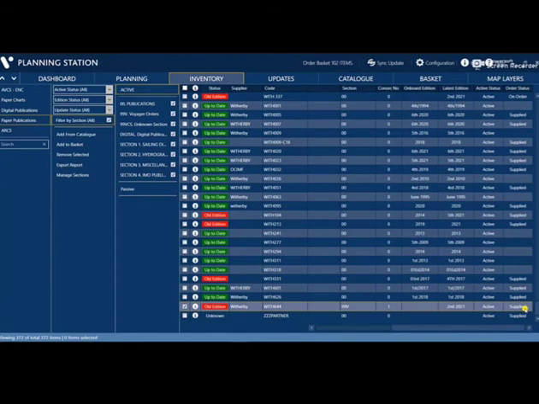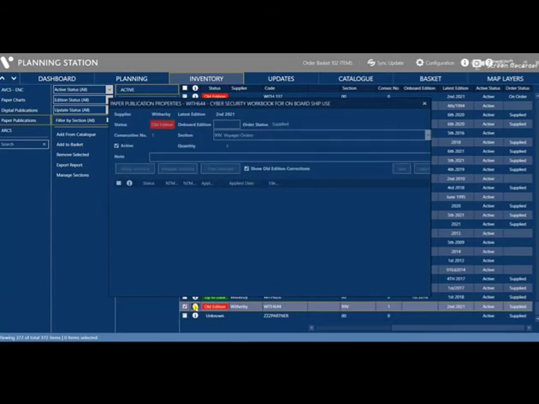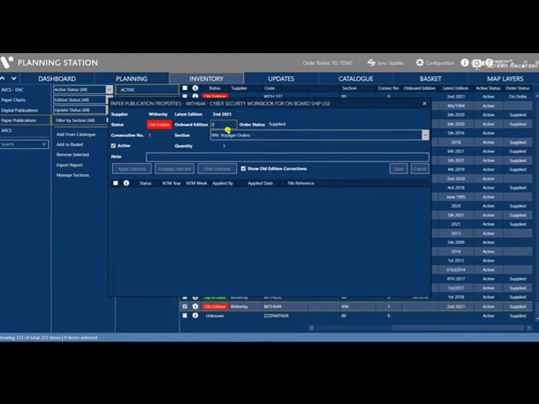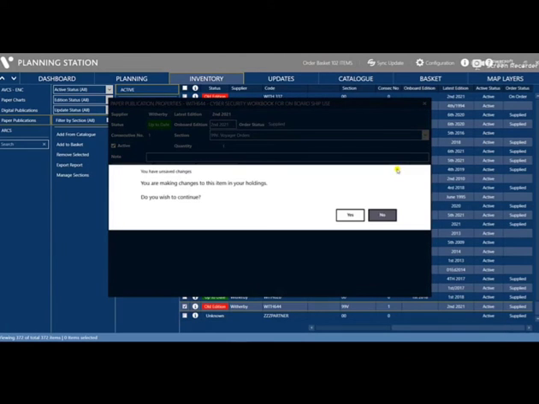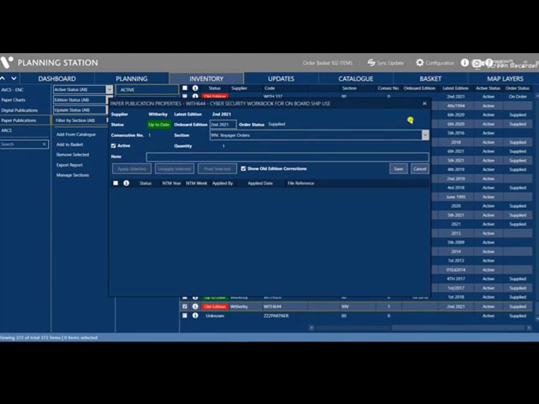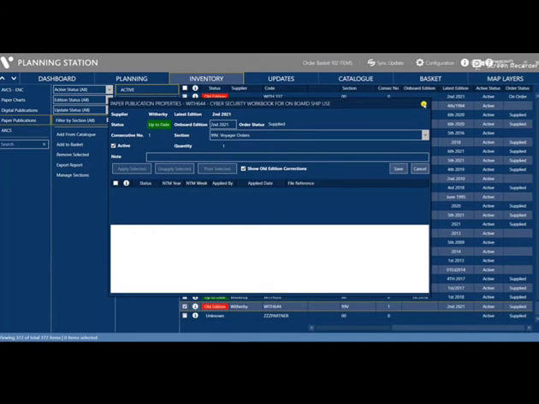So the status is supplied. They supplied this one, but it is not updated here. So you need to manually put here 2nd 2021. As you can see, up to date. If you make a mistake and only put 2021, it will still show here as old edition. So you need to make it the same as the latest edition here. Okay, after that, you will click the save, click yes, and just close.